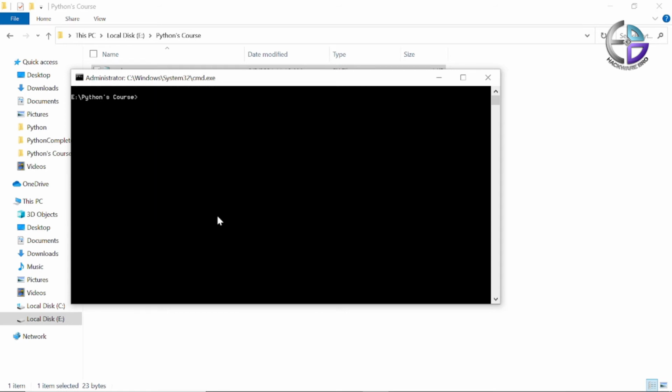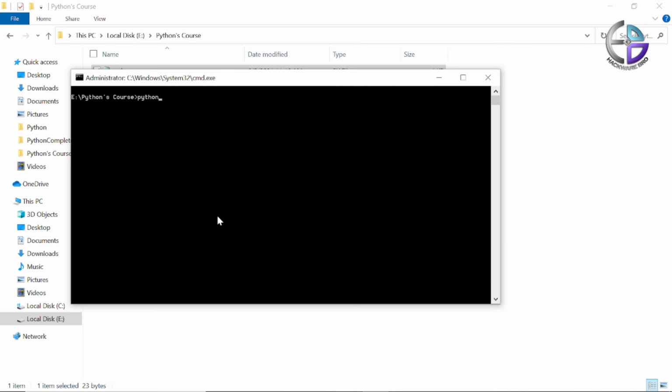So cls, clear screen. Now let me interpret this Python file, means translate. First of all, I have to write python. If you are using Python 2 as well as Python 3 on your computer, then you have to put python3 instead.